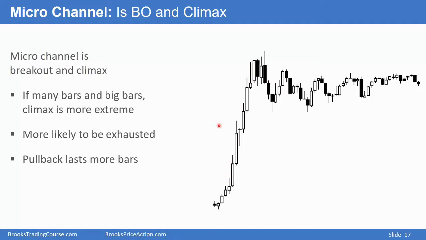More likely, you'll get exhausted bulls, and you'll get a pullback that lasts more bars. Typically, I look for a pullback lasting about 10 bars and having at least 2 legs. And the pullback can be sideways or down. Here, 2 legs sideways, 1 pullback, 2. So we have a 2-legged pullback, which became a triangle.